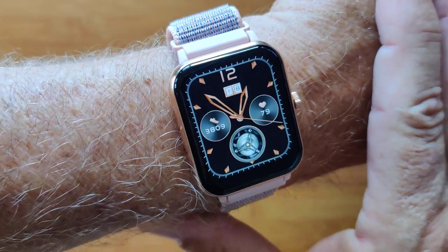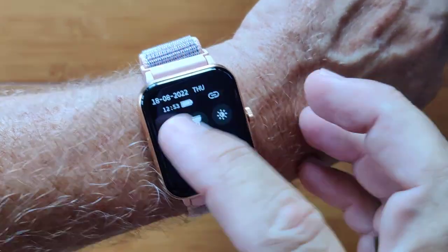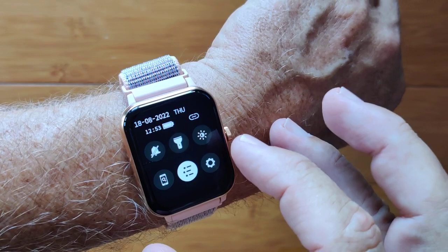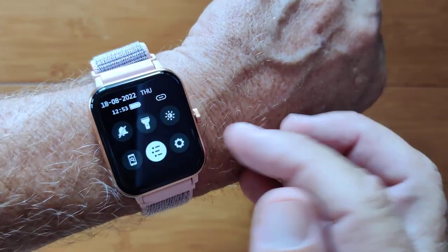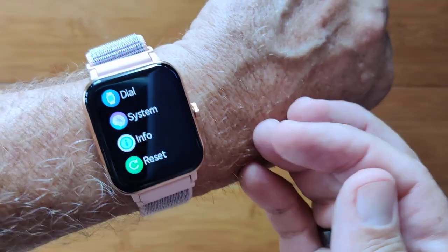This is the R3 Pro fitness tracker with a 1.69-inch display, do not disturb, an overall flashlight showing you it's really edge to edge. Brightness control is really broad and nice and bright outdoors. Find your phone, you can change the layout of your apps, and of course you've got overall settings as well